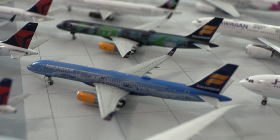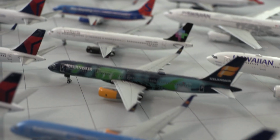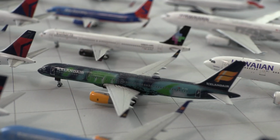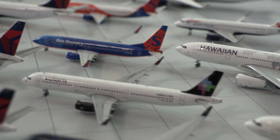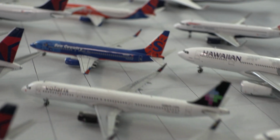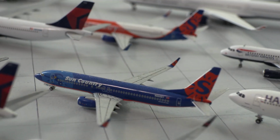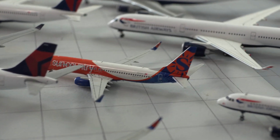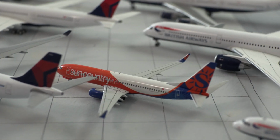Then we have the Icelandair 757-200 in the 80 years strong. Then the Icelandair 757 in the Hekla Aurora. Gorgeous livery, Icelandair does it best. Volaris A321 by Gemini Jets. Sun Country 737-800 by NG in the old livery, and the 737-800 in the new livery, or the Typod livery,